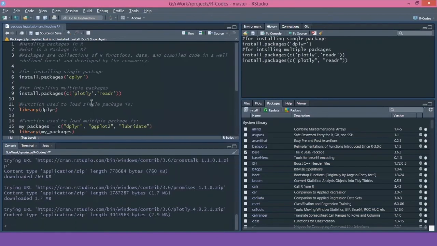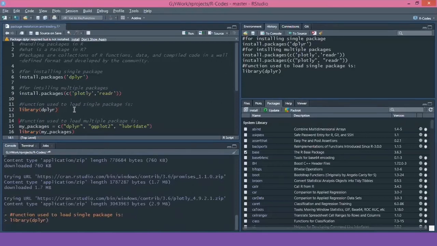Now let's see how we can load a package whenever we are starting a new session. To use the code or functions that are built into that package, we have to load it into our session. It means before using it, we should have those package functions in our system. Once installed, you do not have to install it again. You just have to write the command library(dplyr), or whatever your package name is, inside the brackets. So library is the command to load the package.